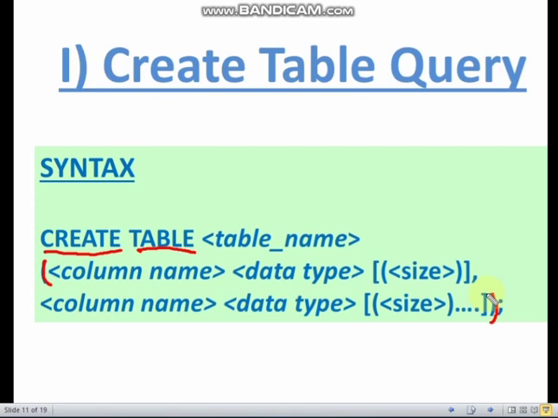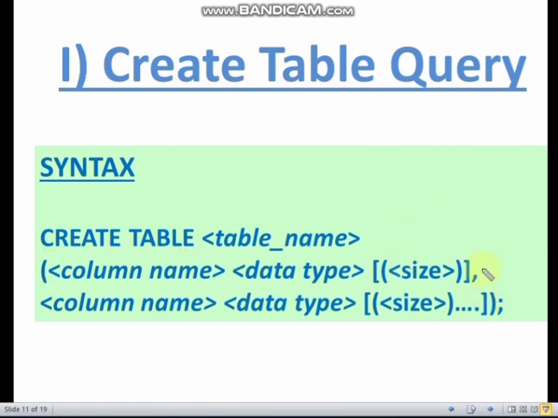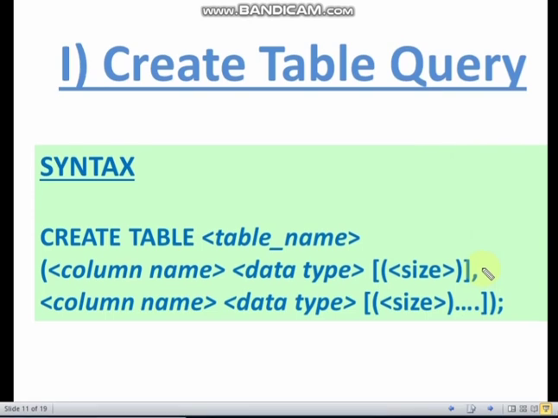You must be remembering the different constraints. We have already learned them: primary key, unique, not null, default, check, and foreign key. For foreign key we use references. Well, we won't go into the details of that. We will create one single table and see how to do that. So let us see how to create a table practically. Let me move on.